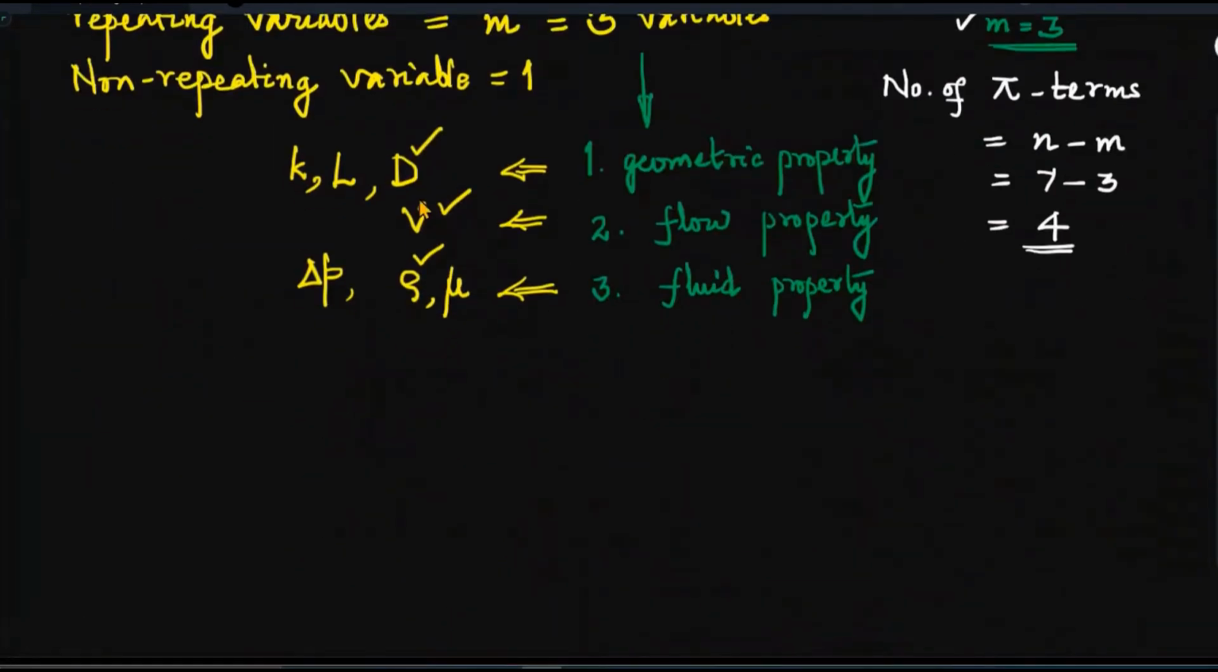These d, v, rho are the repeating variables in each of the pi terms. So the first pi term, how do you formulate the pi term? See, the next step is how do you formulate